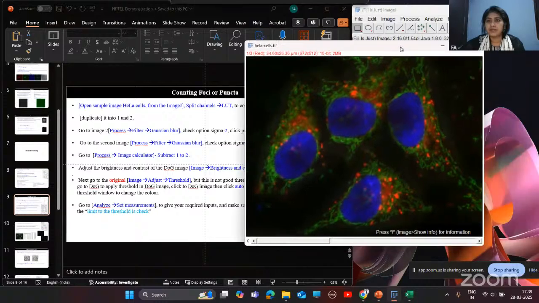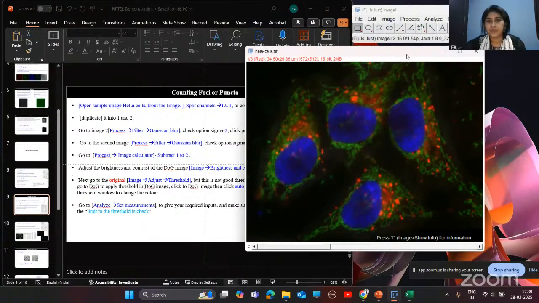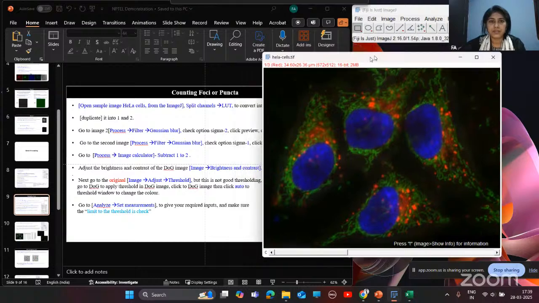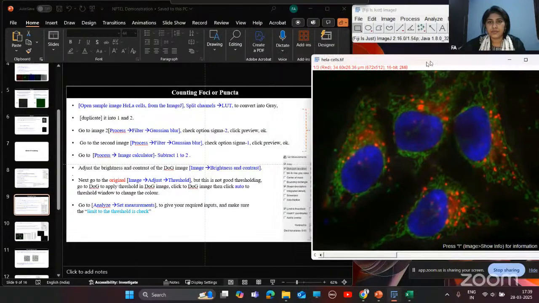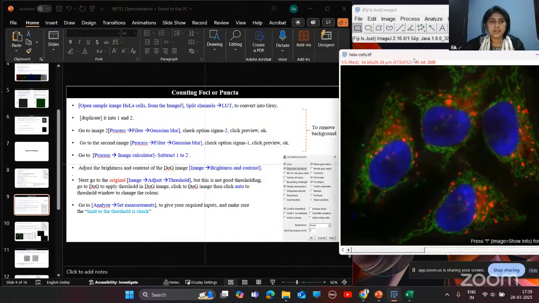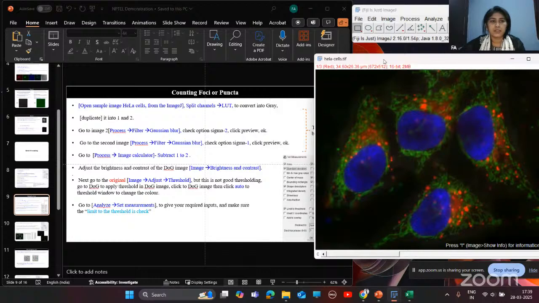Okay, so if you have any image like this, if you have these types of foci or puncta or nuclear puncta, and you want to count all those puncta and you want to analyze or quantify the area or perimeter of those puncta, by following these methods, you can do so. So for doing this, first you need to open this image, HeLa cells, from the ImageJ software only.